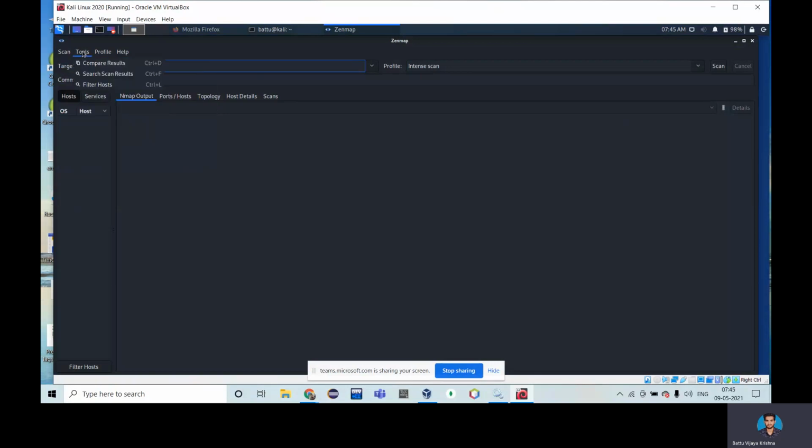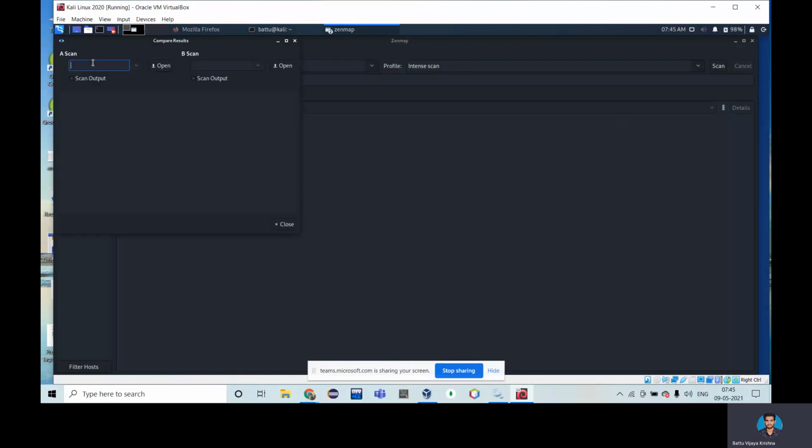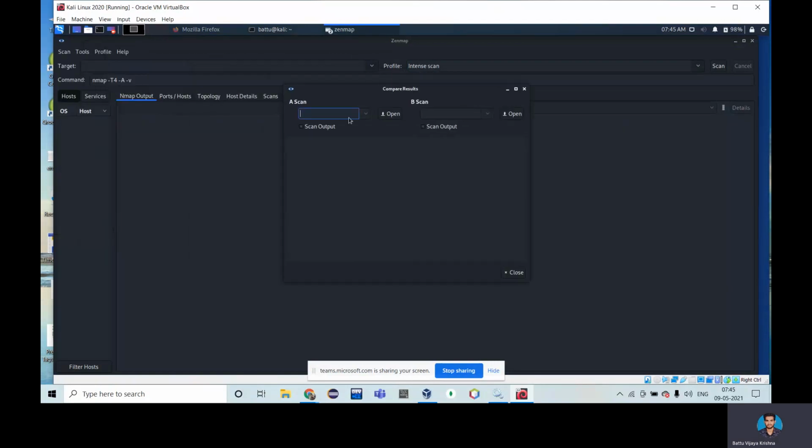When it comes to the Tools option, we have three: comparing results, searching the scan result, and filtering hosts. Comparing results means we can compare two scanned dump files for the same kind of scanning.